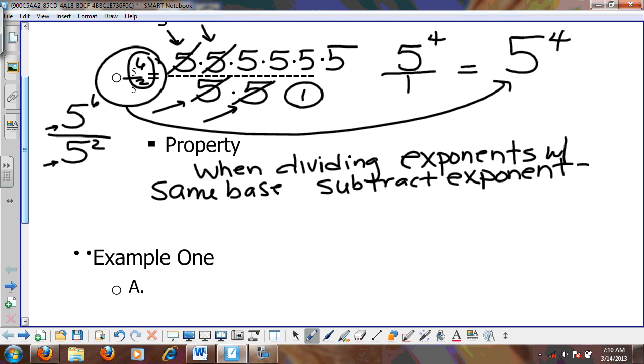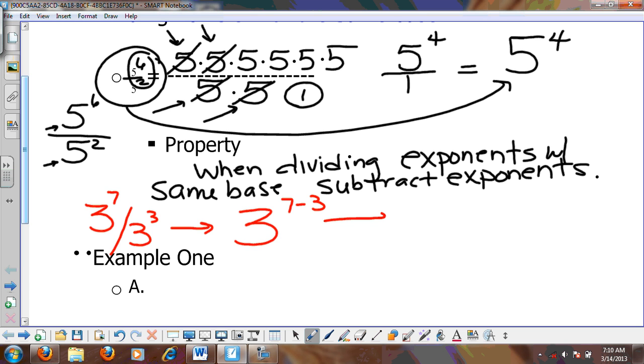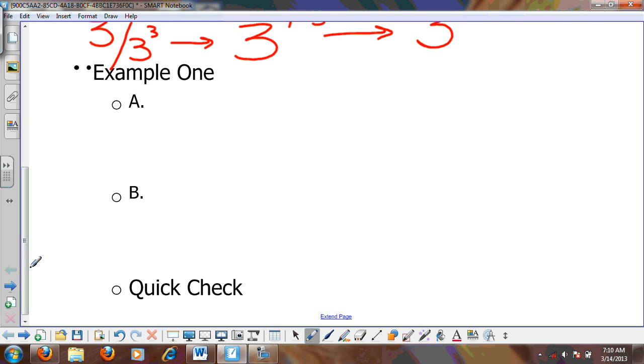Oh yes, what if when you subtract it becomes negative? We'll get to that. You know those properties. So here's your example. 3 to the 7th over 3 to the 3rd becomes 3 to the 7 minus 3, which becomes 3 to the 4th. Okay? Example 1. Let's go through a few of these. Example 1 is a,